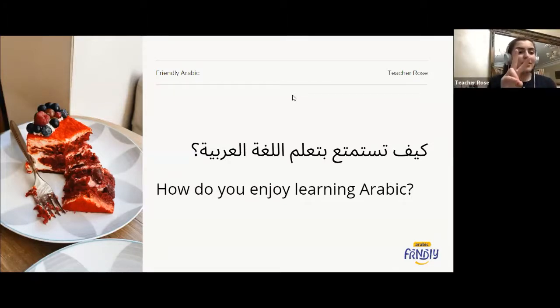There are two different things when we learn Fusha and when we learn Ammi. When we learn Fusha, there is really tough grammar, and you should be really patient. You will study Arabic for a long time if you want to study Fusha, or if you want to study Quran or these Fusha things. It really takes a lot of time. So you just need to be patient and find a good teacher that makes the grammar easy, especially in Fusha.